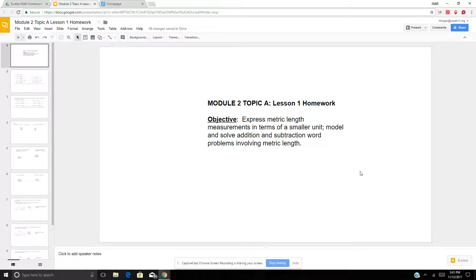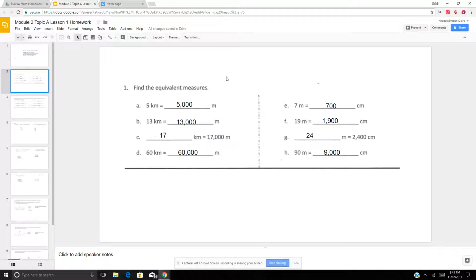There are only 5 lessons in this module, and they all have to do with metric measurements. So Lesson 1 is expressing metric length measurements in terms of a smaller unit. And we're going to do some word problems with addition and subtraction. But to begin with, and you have your anchor charts that have these conversions, you're going to fill in these